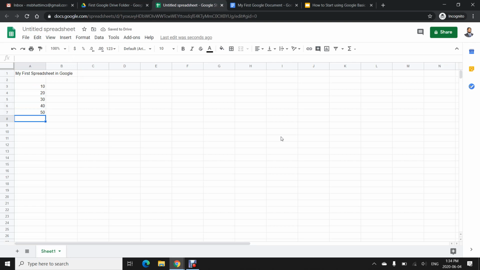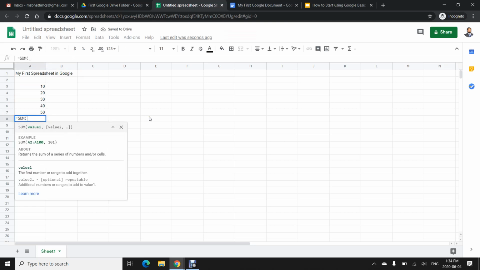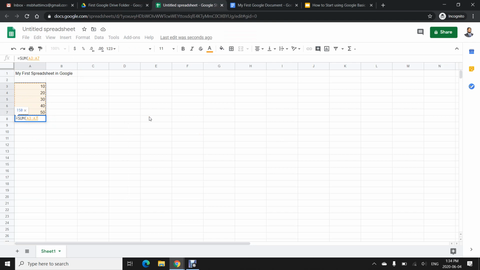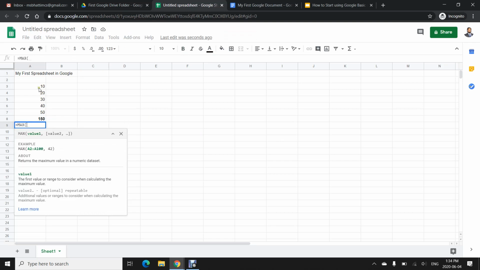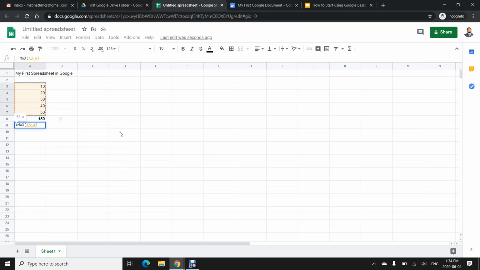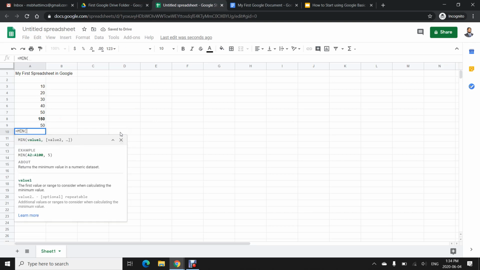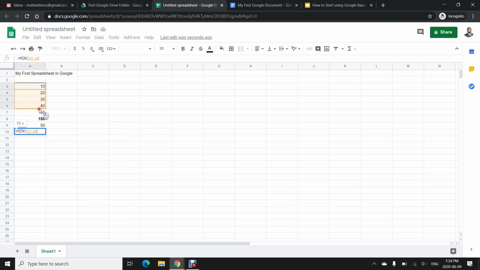I need to sum them all, is equal to sum, and then you can sum them all. So again, if I need to know the maximum, I will select the data, it will give me the maximum. The same way is equal to minimum, it will give me the minimum. It is the same as we use in Microsoft Excel.